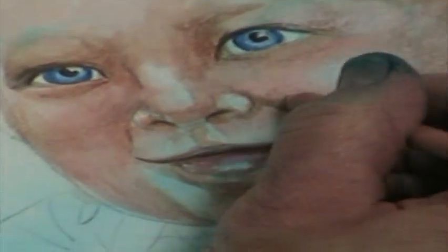Again, with colored pencils, it's the same as with anything else. It's lots of light layers. Some pink in his little cheeks. And what I'm doing right now is I'm trying to find the form. That means make it look 3D. Finding the form